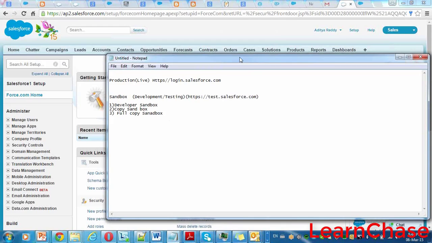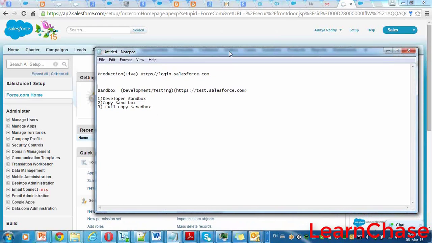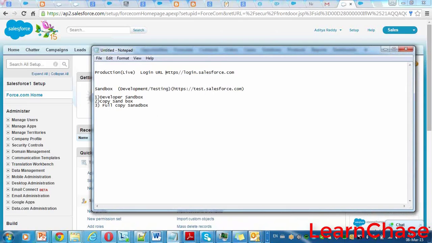So what is this? We already created the Salesforce developer account, right? Apart from that, we need to go through these two. I'm coming to that point only. The thing here is, for developer edition, they won't provide any sandbox or production separately.